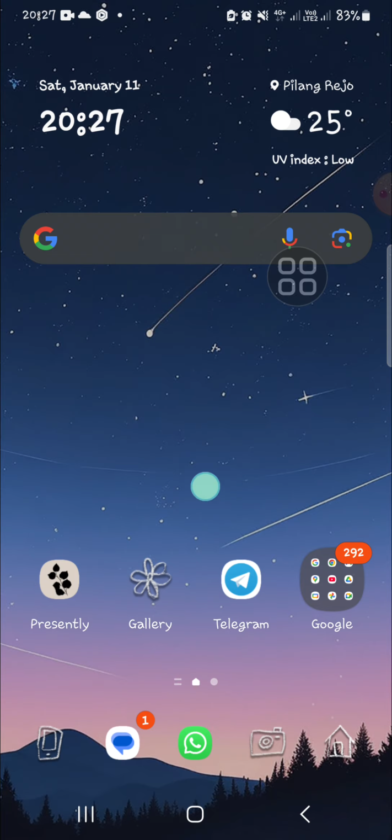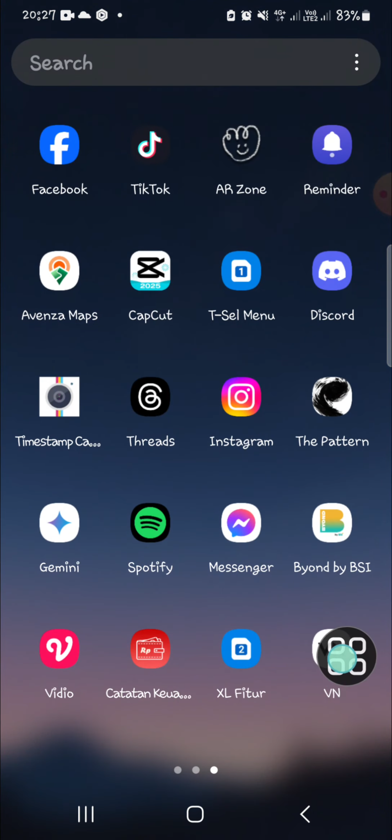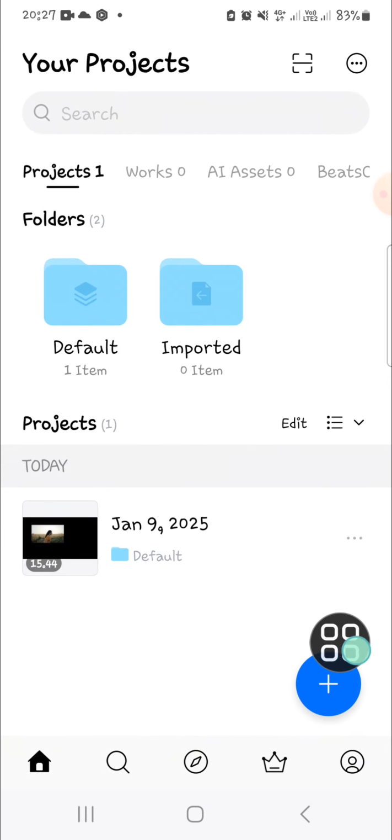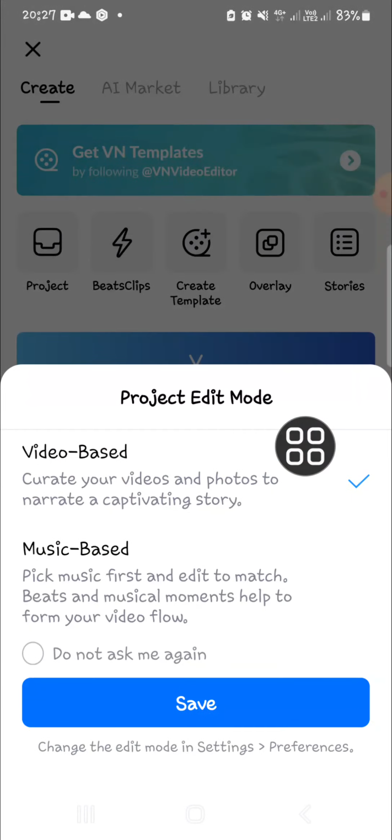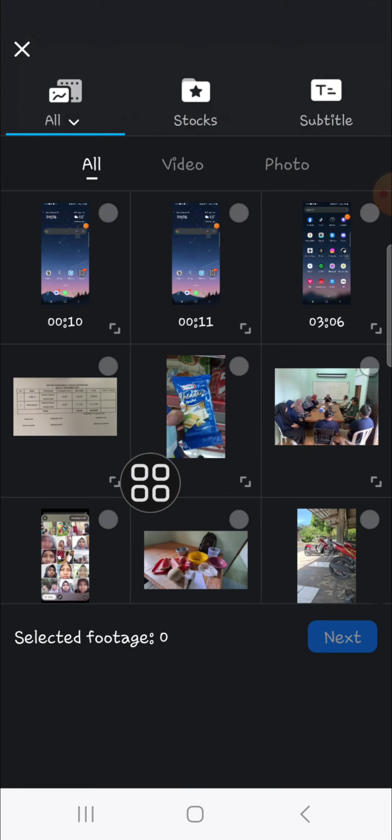First of all, I'm going to open up my VN Video Editor on my mobile phone, and then I'm going to create the project on VN. So I'm going to click on this plus icon, and then I'm going to select new project. And since we want to edit video, we can select video paste. Okay, and then you can choose a video you want to add